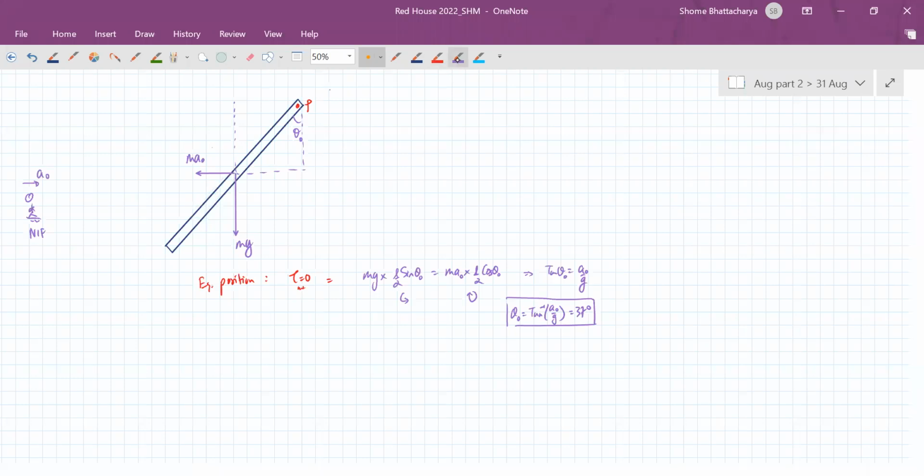You can think of it like this, that the vector sum of mg and ma